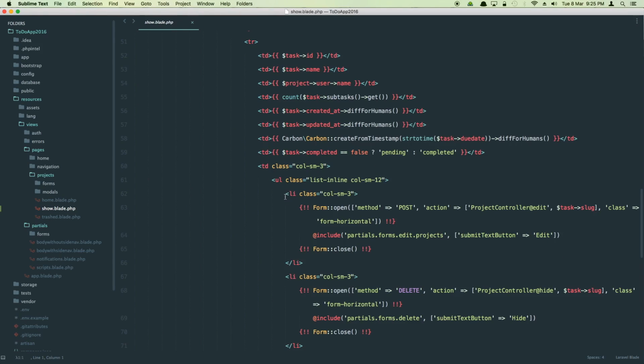This is the button in this li that is going to post to task controller edit method with the task slug, and we're going to be presenting some of the information here. Now we left this information untouched in the last video because we haven't created these files, so it'll give error. So let's start editing them. So we're going to be submitting this to task controller, and at edit method we'll pass in the task slug, and also what we need here is